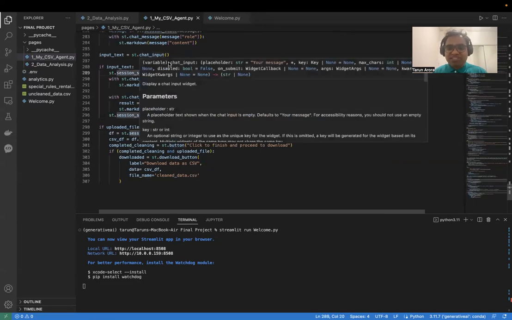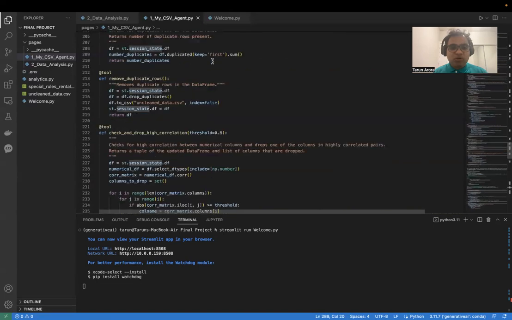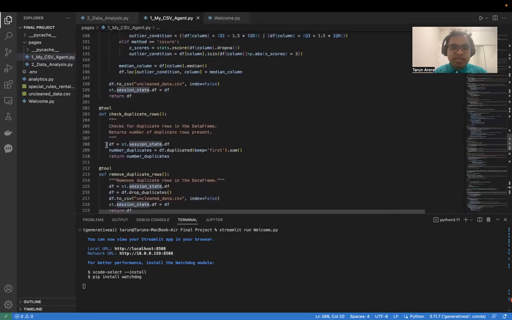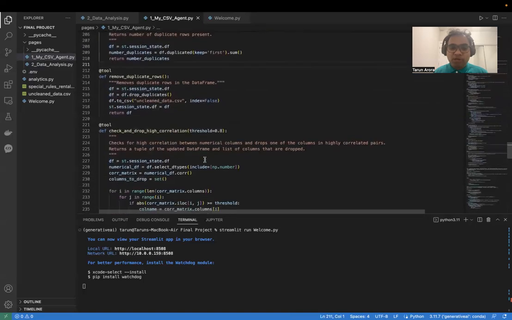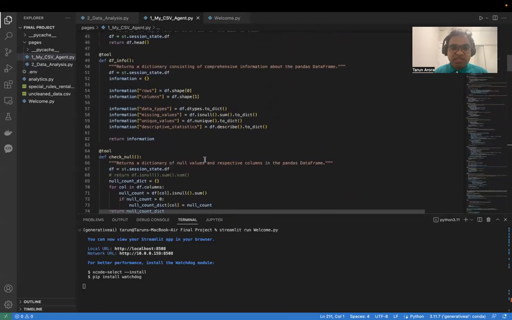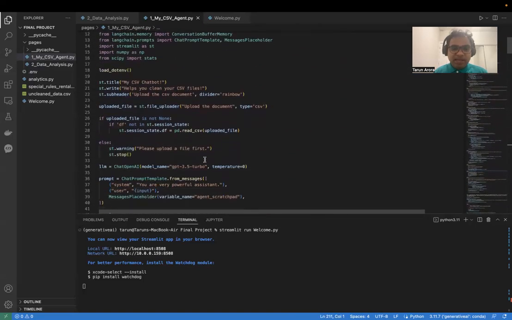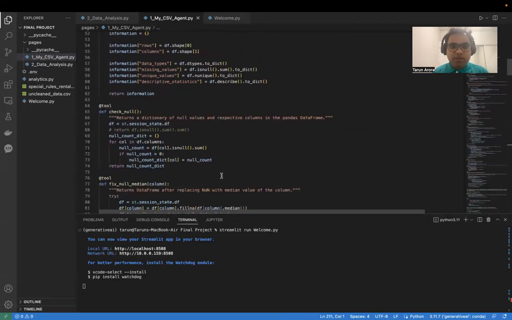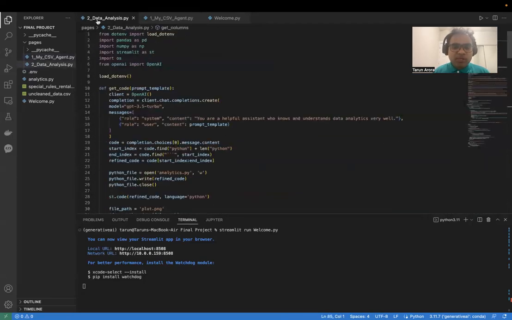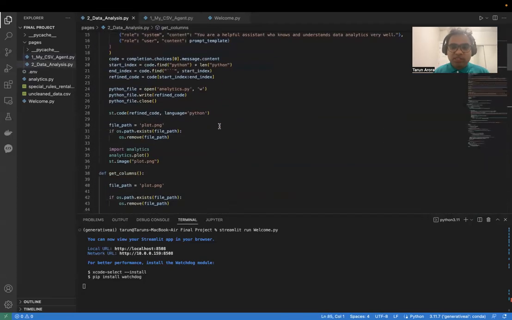Before going to my approach in the second part, I would like to show that only the tools here get access to the session state of the data frame, not the model itself. The model is just initiated to be GPT 3.5 turbo with a temperature of 0. Now moving to the second part of the project, which was suggesting to users what plots they can make,